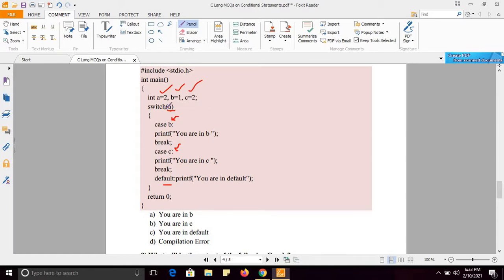Will it execute properly? Look at the code. A is 2, B is 1, C is 2. I am passing A to the switch block, and here I am writing case B, case C. Will it execute? What will be the output?